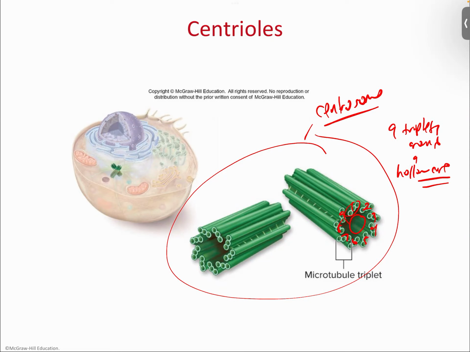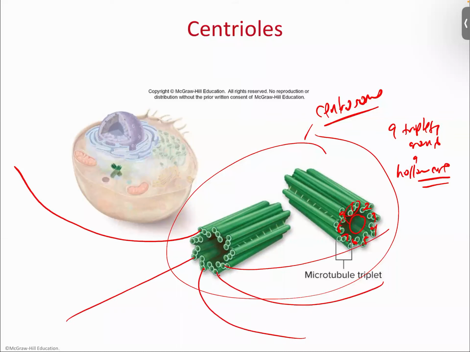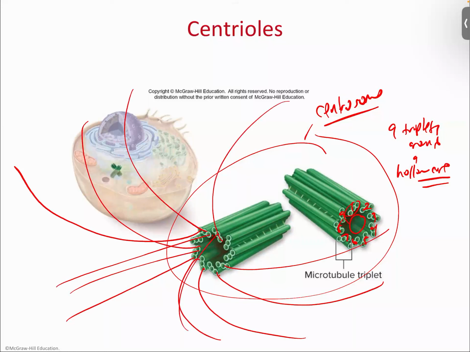Now, the reason why this is important is because if you have these two little microtubule drums, what this basically means is if you want to grow a microtubule out, then all you have to have is a centrosome, an organizing center, and just start stacking tubulin. So if you start stacking tubulin on the ends of these microtubules, you can start to extend microtubules in pretty much any direction that you would like to go. As many as you wish. You don't have to use all 3 of them. But since it's a circular structure, pretty much you can go just about anywhere you want. Same thing's also